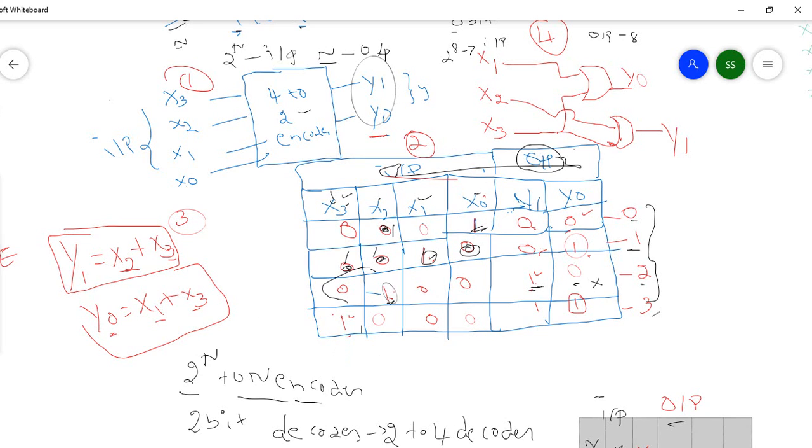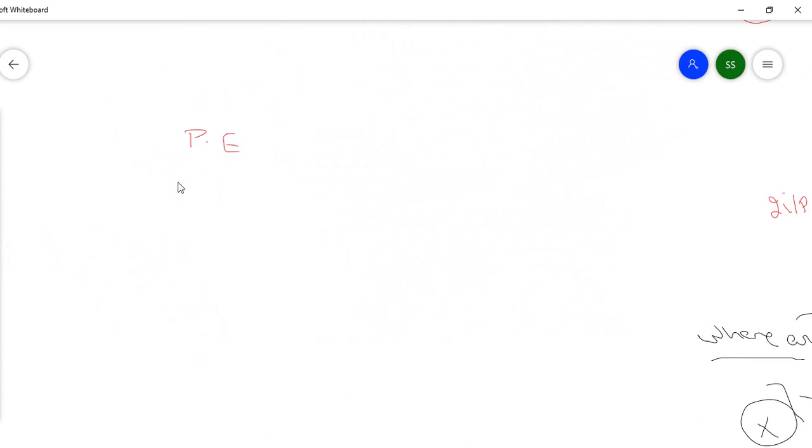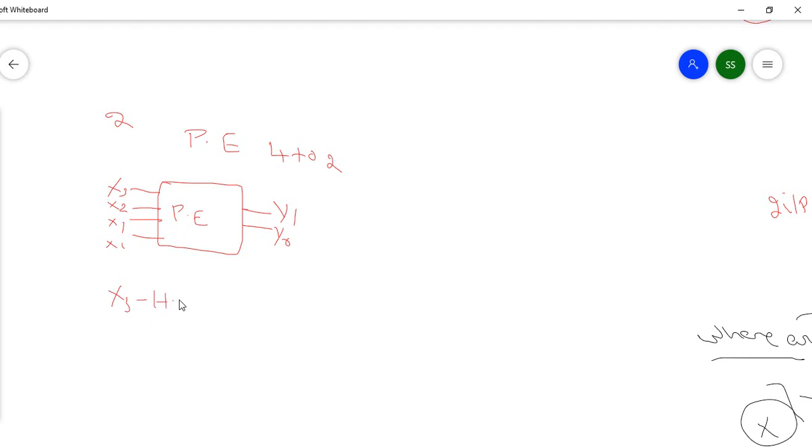Okay, so we will take the priority encoder design and see how it is. What is the block diagram of the priority encoder? It is similar to your encoder. The thing is, here we have to take the same thing, 2 bit. 2 bit means we have to take a 4 to 2 priority encoder. So take 4 inputs, called x3, x2, x1, x0, and 2 outputs, which are y1, y0. Here x3 is the highest priority and x0 is the lowest priority. The next higher priority is x2, then x1, and the last one is x0.